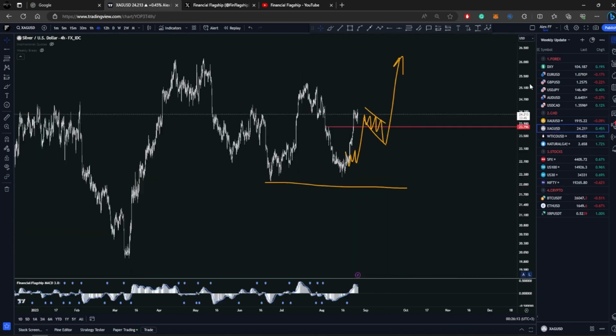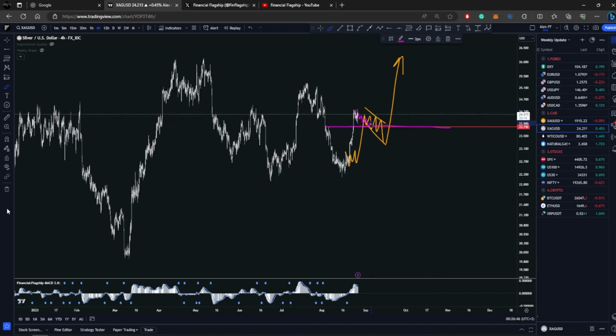And for silver, our analysis was spot on. We were expecting last week here the price to make a consolidation, as you can see from my drawings. I also expected the possibility that this would break the low, but I said that even if it breaks this low here, I'm still biased towards the upside. But as you can see from my drawings, I wasn't that sure that the price will break the low. I was saying that if we break here the red line, we're gonna go up if we get a consolidation here.